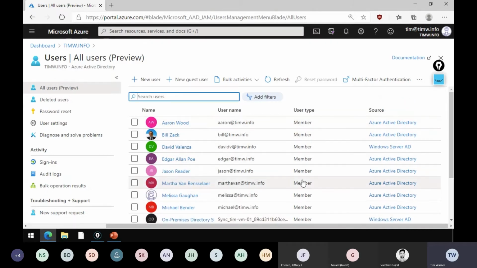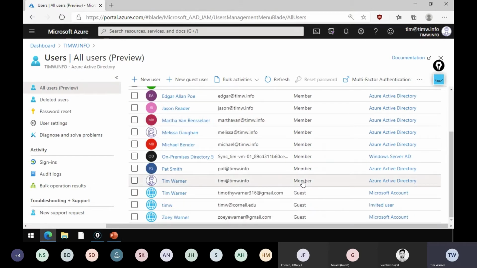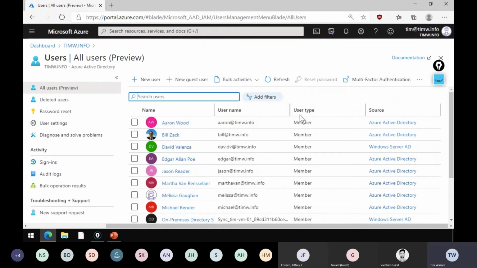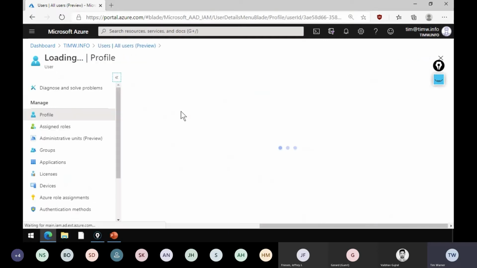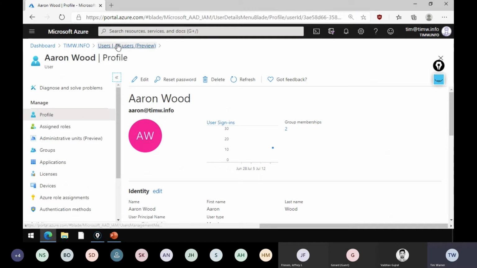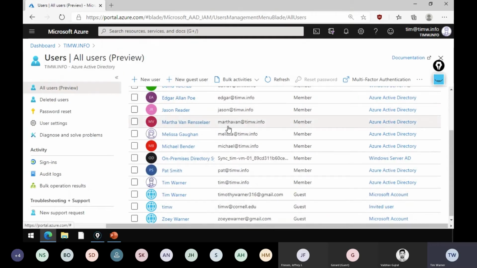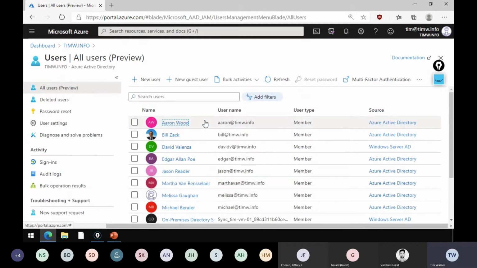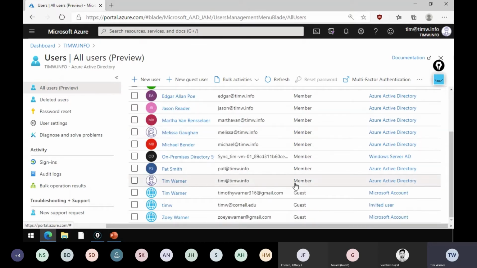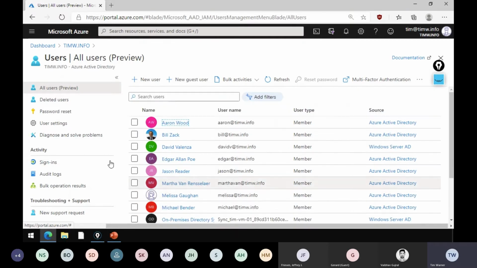Now, what are the differences between member and guest? The only difference I've been able to identify between the member and the guest user type is the visibility that the user gets if they are allowed to sign into the portal. If a user can sign into the portal and they're a member, they can come in here to this screen and they can look at the profile properties of other users. But if a guest does the same thing and they come to this screen, they won't be able to see anybody. In fact, I don't even think the other users show up. And that's just meant, I guess, as a privacy mechanism to denote the difference. But as far as role membership goes, there's absolutely no difference.